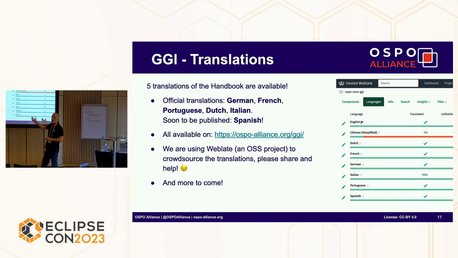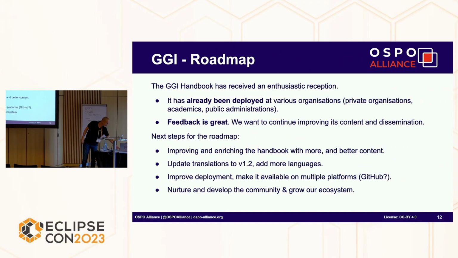You can contribute. Please come and help us. These are the languages already available today. There is even some simplified Chinese translation ongoing. And if you want to add your own language because you want to deploy that at a public administration or whatsoever, it's really easy to just add a language, start translating, and then we can publish the official translation from there. We had quite a lot of success on this, and it was a surprise to us that crowdsourcing works. It shows the interest of people, so that's really great.